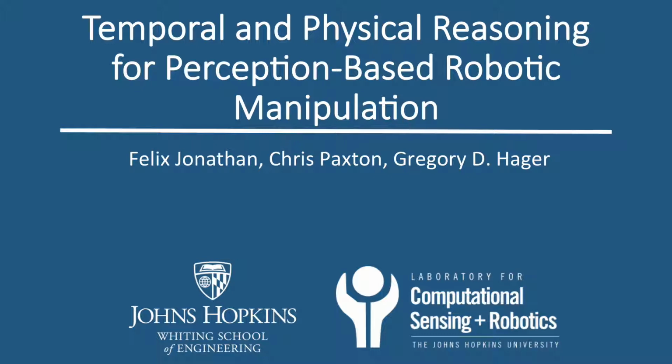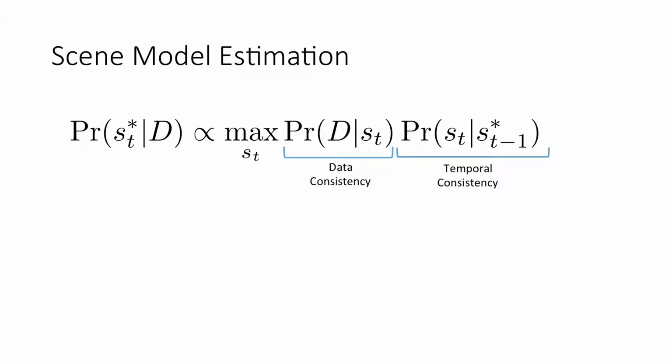We propose a new algorithm for performing sequential scene parsing that uses semantic segmentations and model-based pose estimations to generate a temporally and physically consistent scene model. Let S(t) be a scene configuration hypothesis. Estimating the best scene model given an input data can be done by finding the scene that maximizes both the